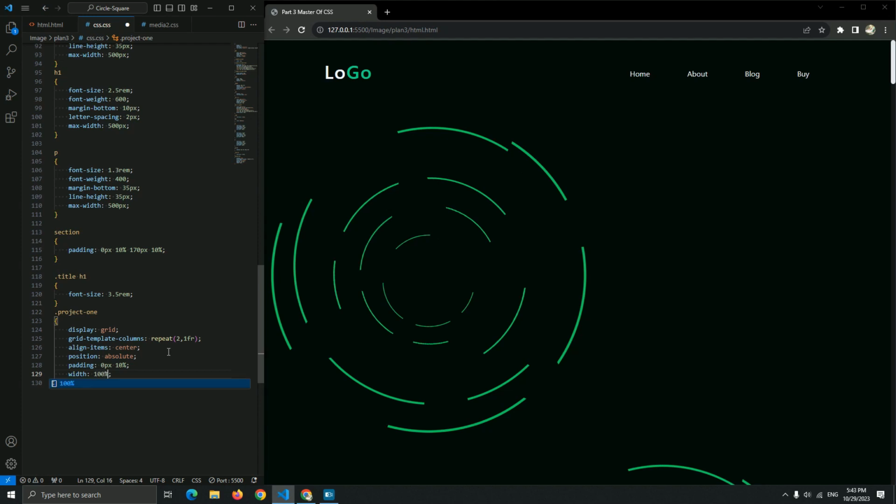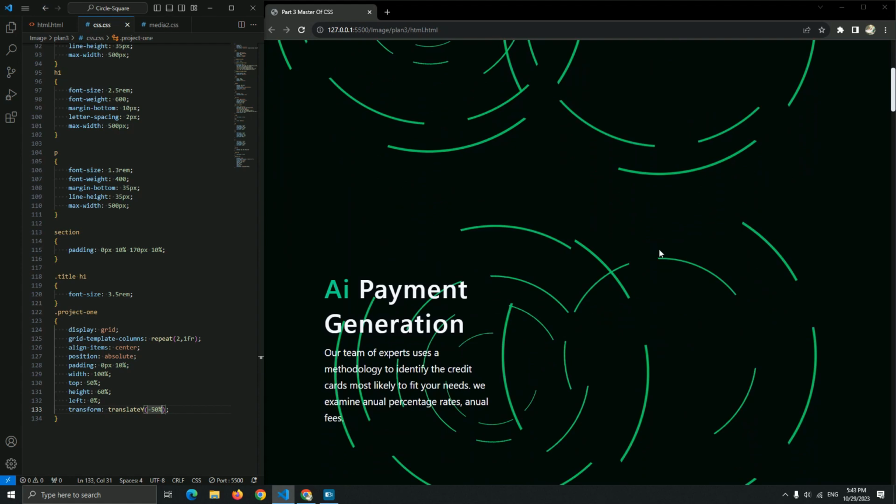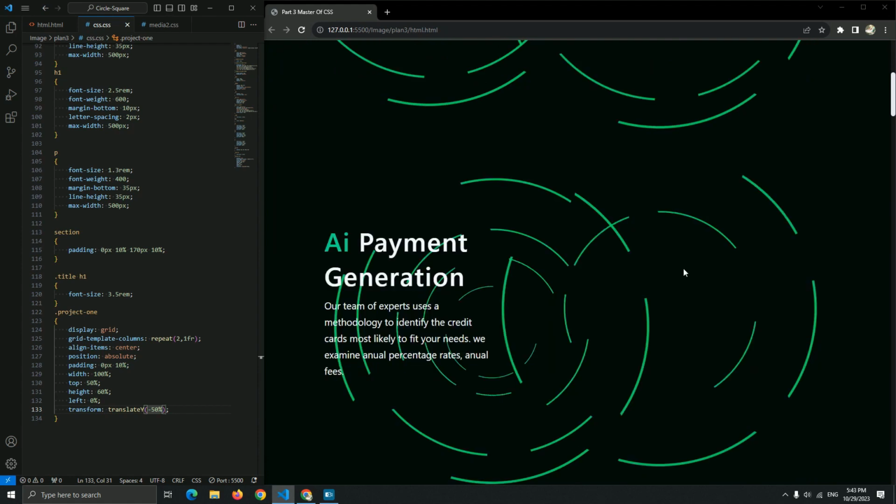Okay, and let me add the width 100%, top 50%, and the height 60%. Let me add the left 0%, and the transform translate y minus 30%. Now it's centered, as you can see it, but the problem is the image.